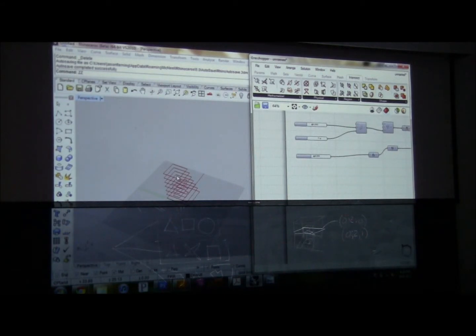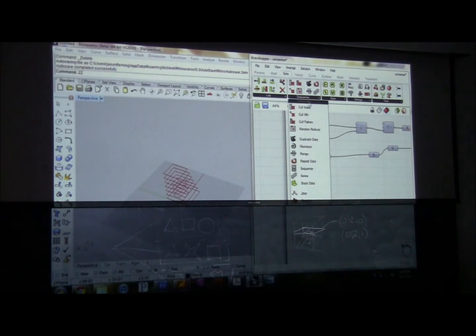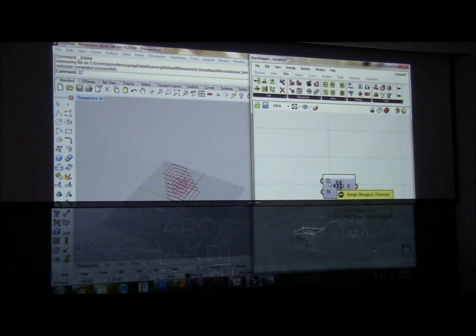The series is a component that you use a lot, which is really important. Are there any other really key components like that? For me, everything sort of comes back to the series and to this range, which is essentially the same thing as a series, except you provide a domain, in other words, a minimum and a maximum, and the number of steps that you want in between. And I use this,